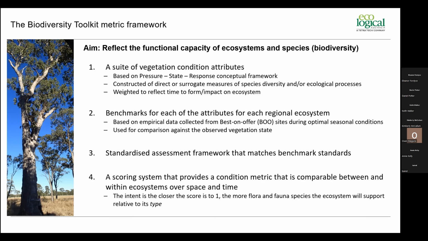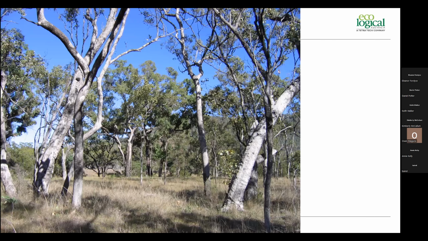And then a scoring system that provides that condition metric at the end, which is comparable between and within ecosystems over space and time. And the intent of that figure, that one value, is that the closer it is to 1 or 100, the more flora and fauna species that ecosystem will support relative to its type. So these are the attributes or the surrogates that